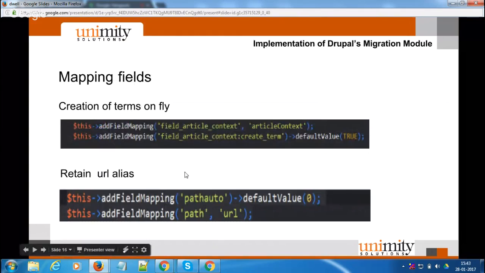Then, how to create terms on the fly of migration. Say the field article context will be a Drupal field. So article context will be passed in a JSON. On the fly of migration, if you want to create terms, it gets mapped over here in this format. Say field article context passed by create term, default value will be true. When this is passed, the default term items get migrated into the Drupal field in the name of term